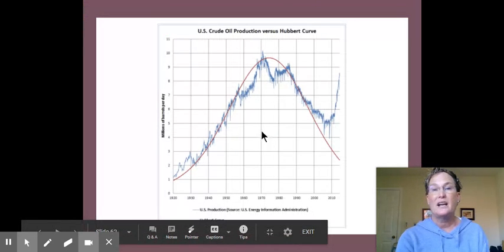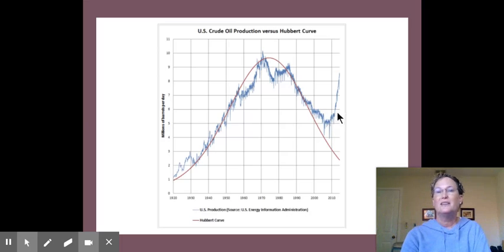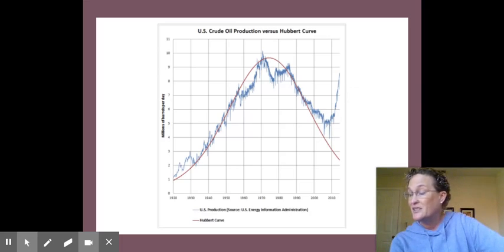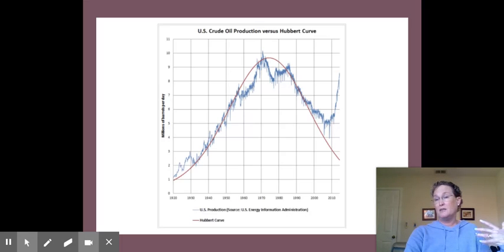So you're writing down peak oil on page 21. And then look at what actually happened. So he was like, we're going to reach peak oil. And then we started to go down, and we weren't able to make any more because we don't have any more oil. And then we started to frack. That's what happened there. Okay. So we started to frack, and that got us more oil. So we actually found more oil. It was always there, but we found a way to get it, which is through fracking, which is incredibly bad for the environment. So we're kind of getting desperate with our ability to get to oil.